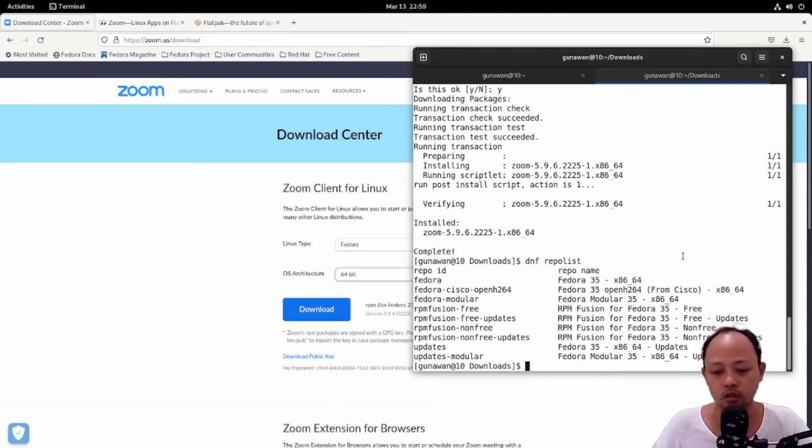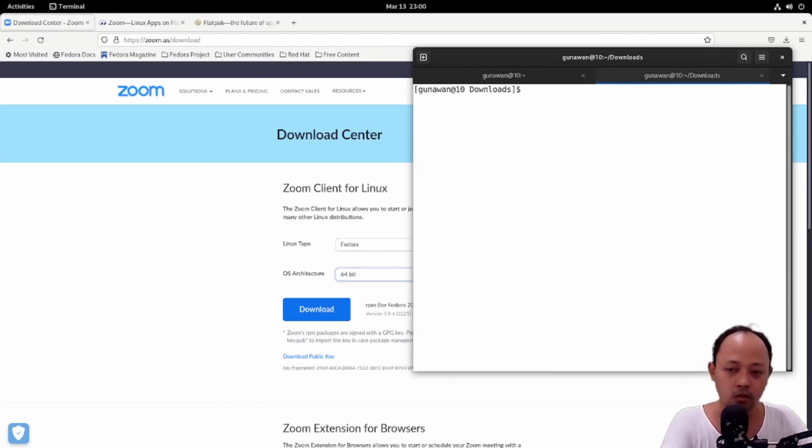So if there's an update, I think we need to download the newest one, and then we need to uninstall the outdated Zoom, and then we reinstall the Zoom with the newest package. Or if you have another experience, you can just tell me by leaving your comment below.